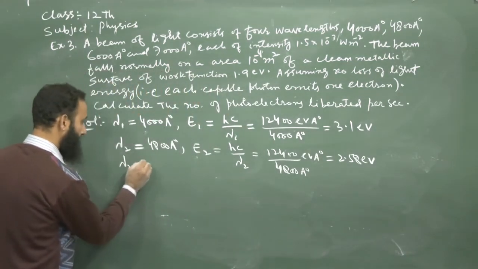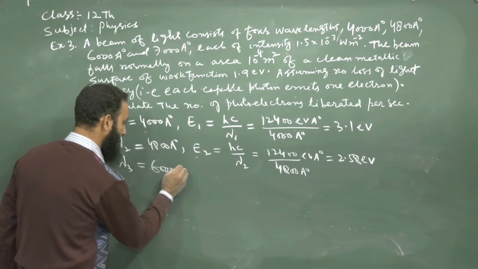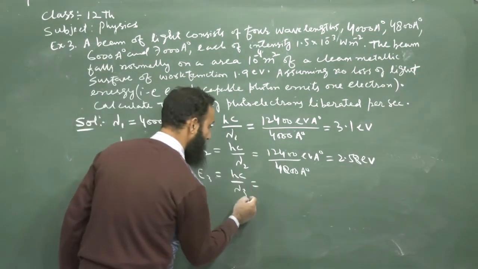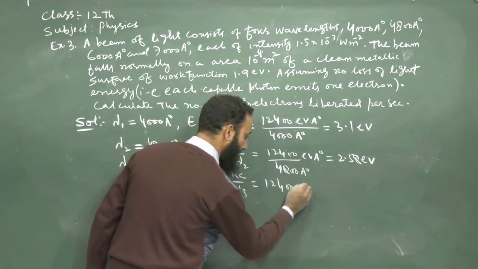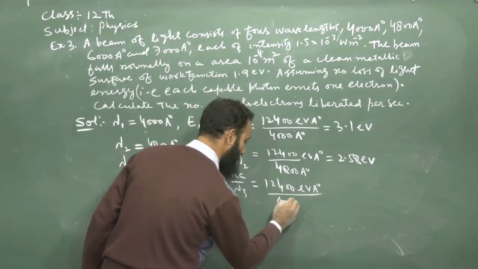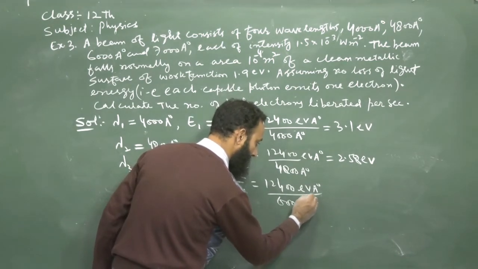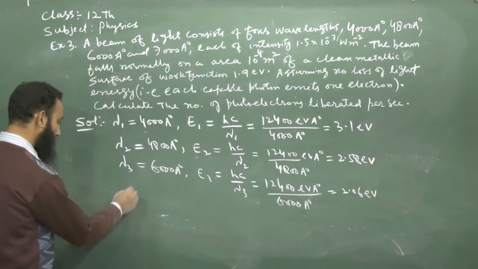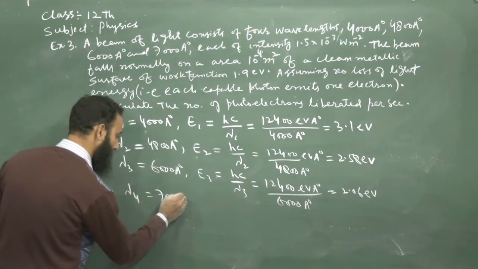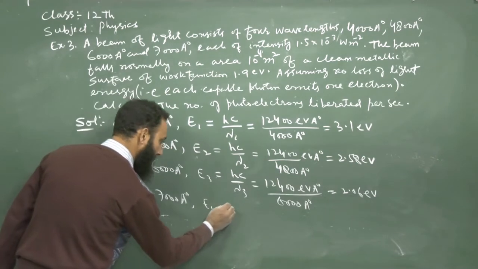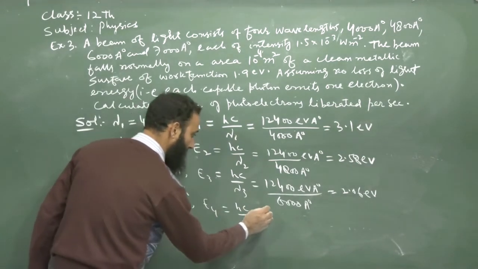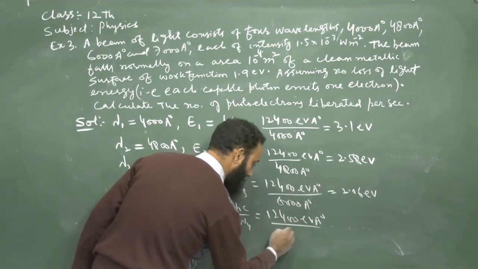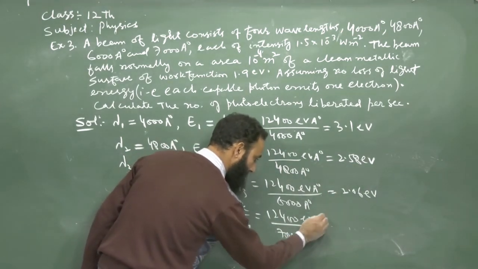2.5 lambda 3, that is 6000 angstroms. So E3 = hc by lambda 3, which is equal to 12400 electron volt angstrom divided by 6000 angstrom, which comes out to be 2.06 electron volt. And lambda 4, which is equal to 7000 angstroms, so E4 is equal to hc by lambda 4, which is equal to 12400 electron volt angstrom divided by 7000 angstrom, which is equal to